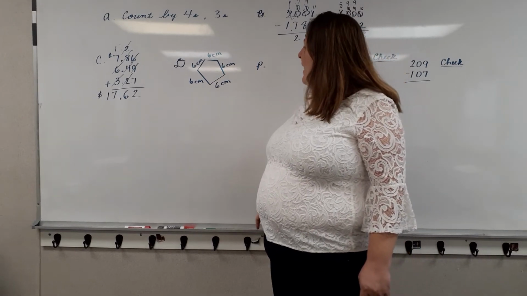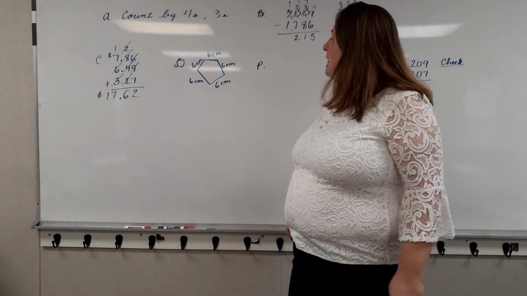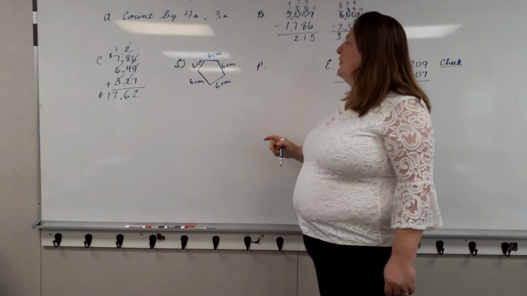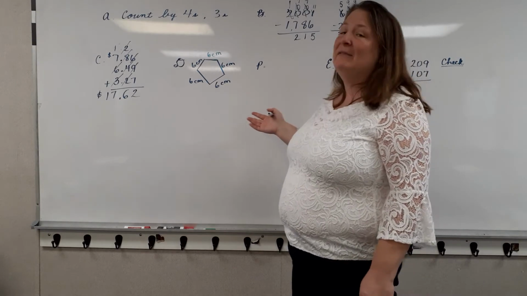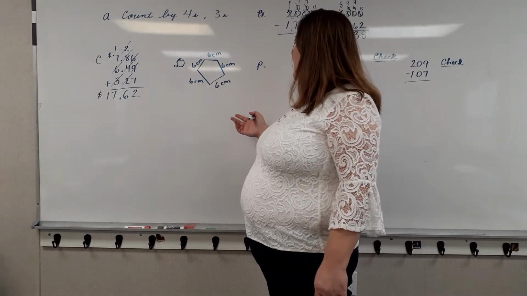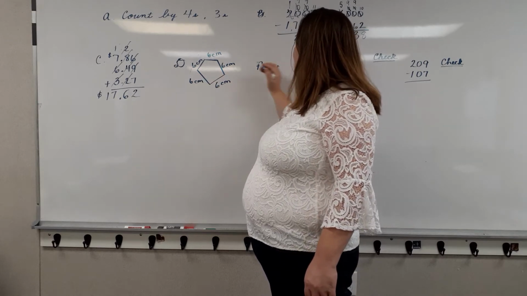Who knows what shape this is? It has 5 sides. It's a pentagon. If we were to find the perimeter, how would we find the perimeter? Well, we'd have to add all the sides, and that would be 6 plus 6